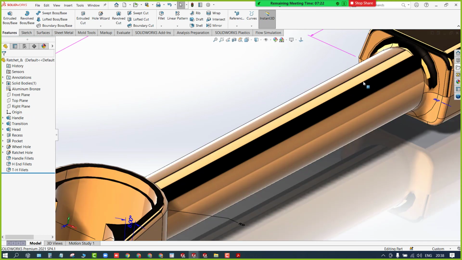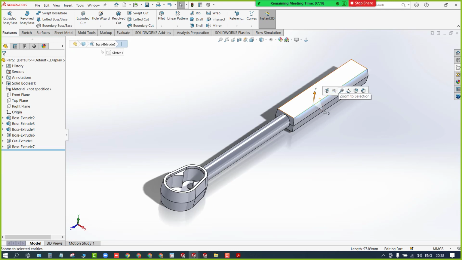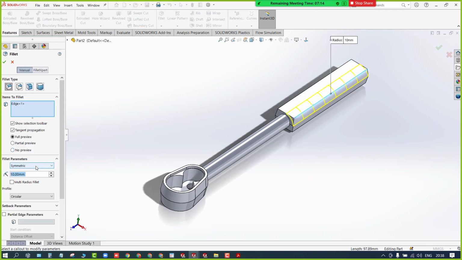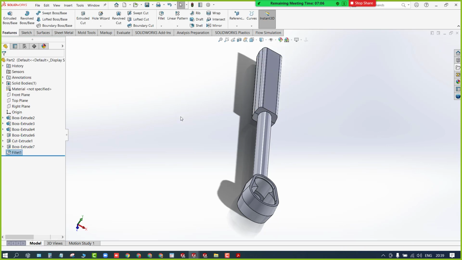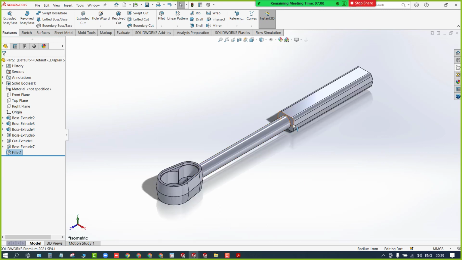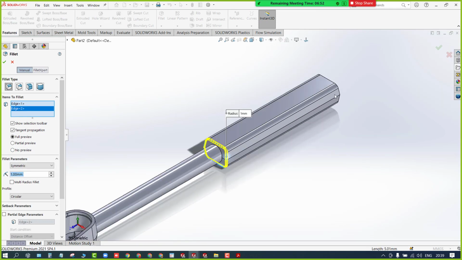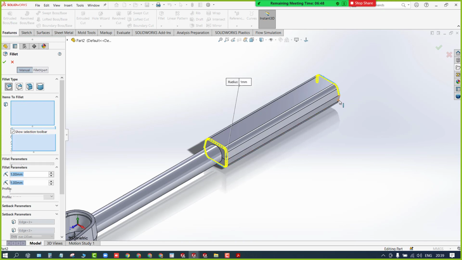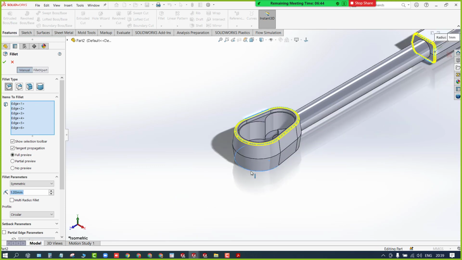Now the last thing is to apply the fillets. So the fillet here is how much? It is 3 mm radius. Simply select the edge, you're going to get the options, define it here as 3, right? And the same thing for these. Once you are done with this, cross check for this, how much is it, radius 1, right? Just select the edge and define the fillet here, radius should be 1. You can see the tangent propagation is active. Wherever the tangent is there, it is extending, right? Then here should be the same, and even at the bottom it should be the same.